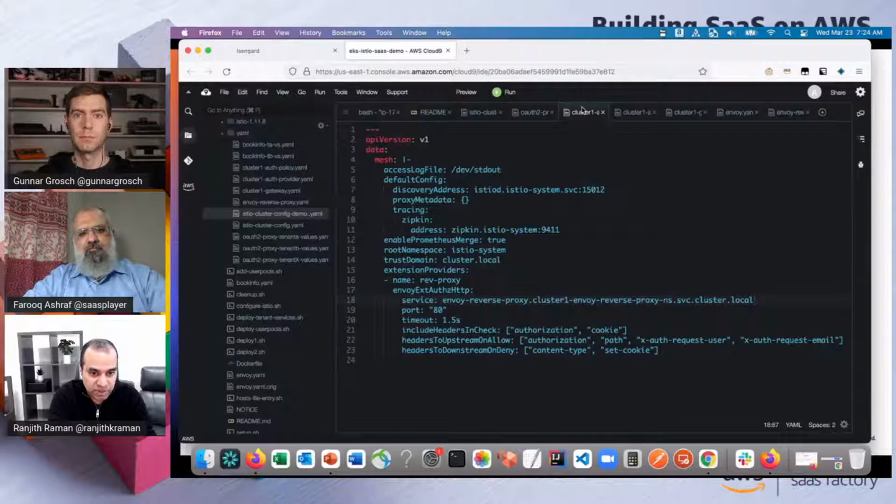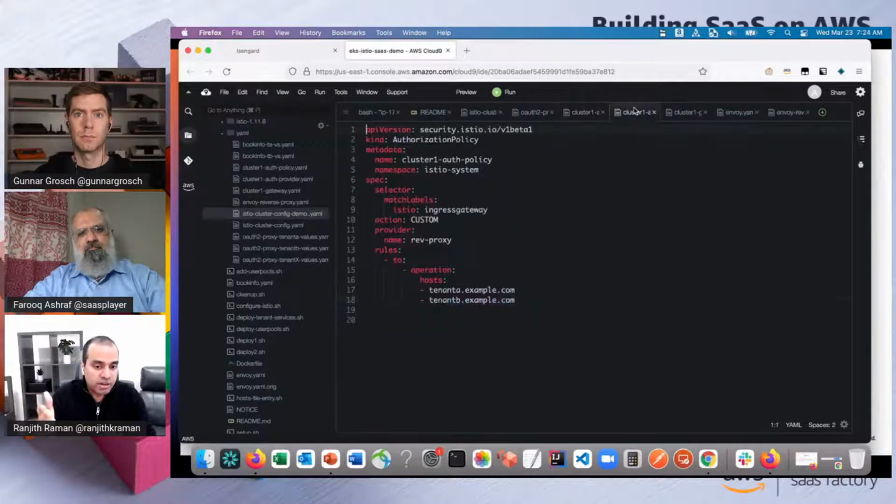So line 15, right? That's the extension provider that we have defined, the OAuth proxy. But if you have OPA, or Open Policy Agent, as part of your application, you could replace this with OPA pretty much.